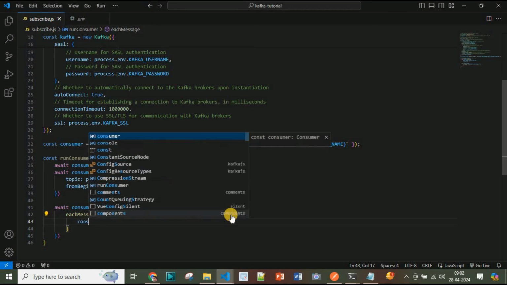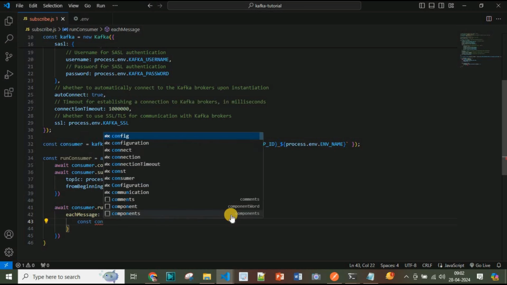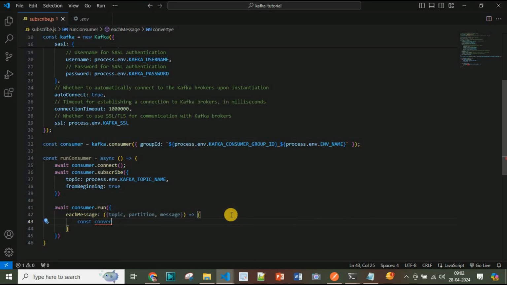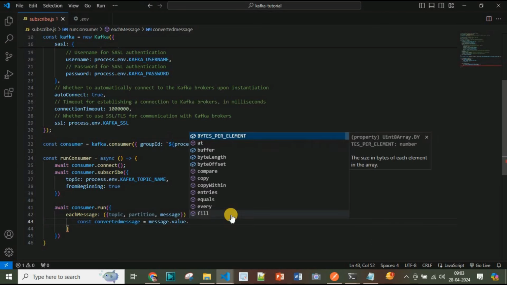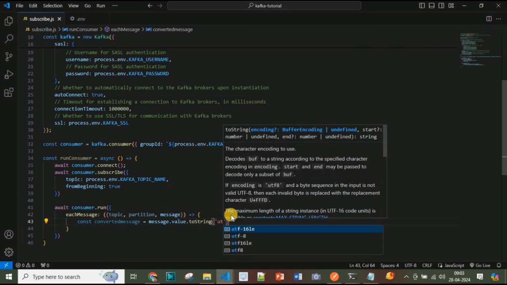So first I will convert this message to UTF-8. So const convertedMessage equal to message.value.toString UTF-8,